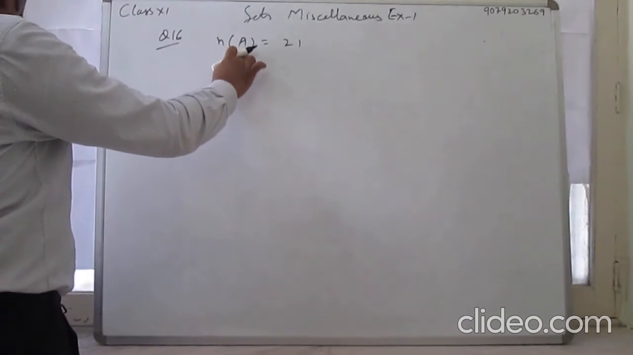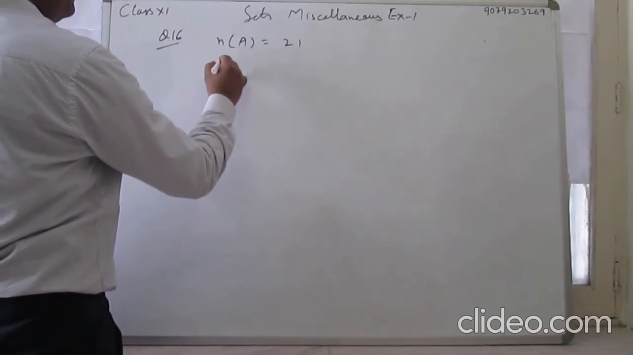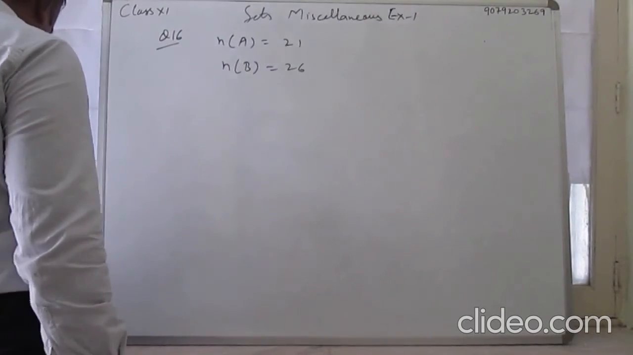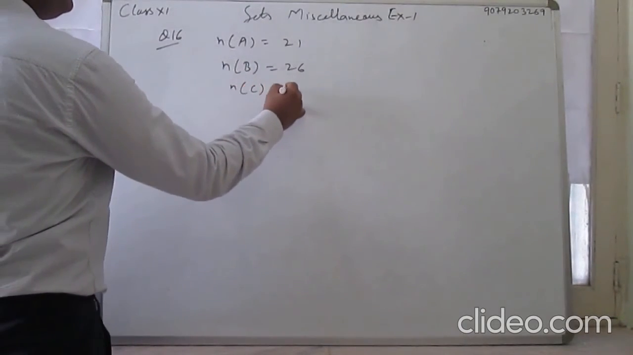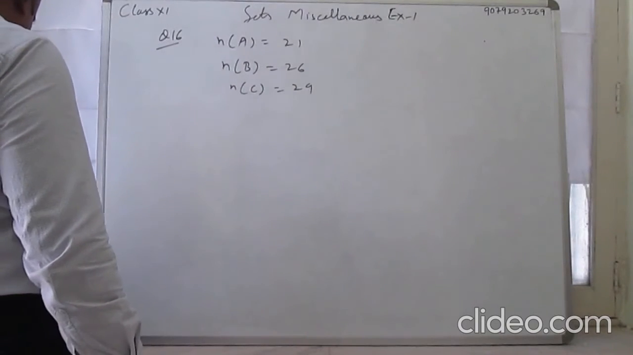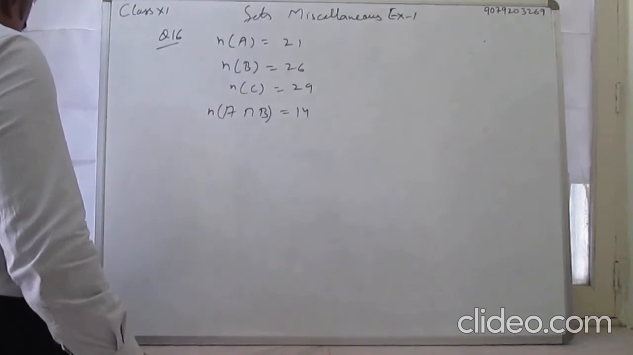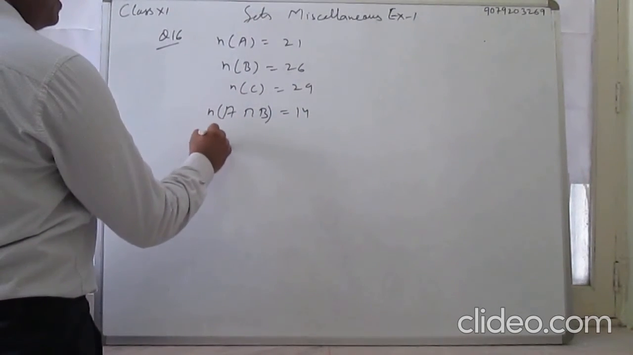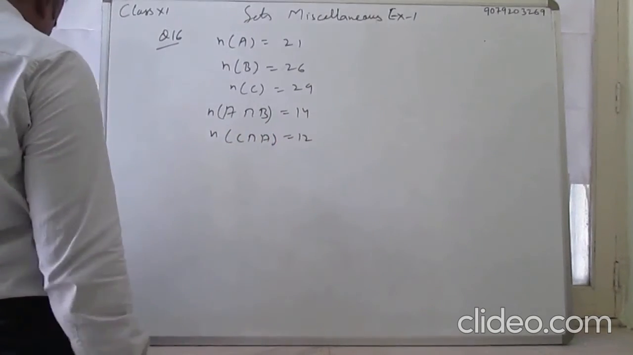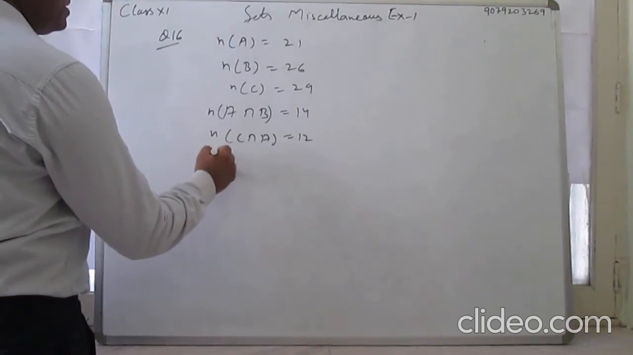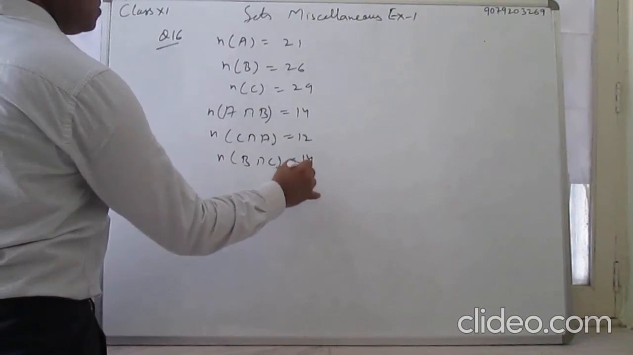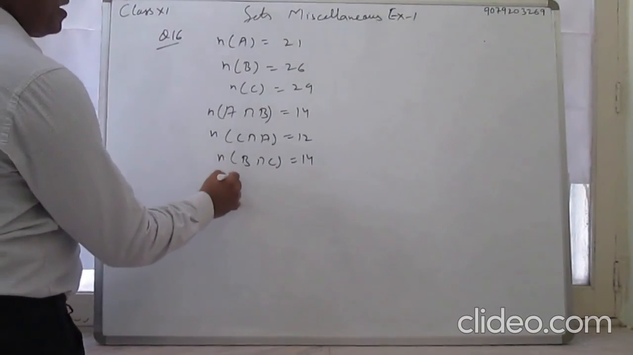Question 16. In a survey, it was found that 21 people like product A, 26 like product B, and 29 like product C. If 14 people like product A and B, 12 people like product C and A, 14 people like B and C, 8 like all three products,